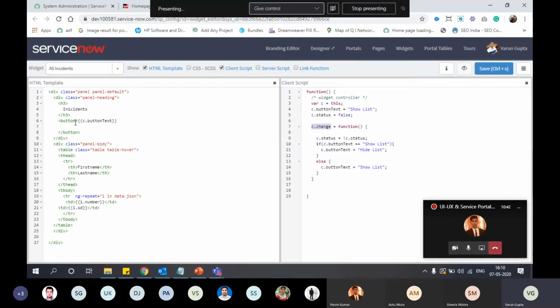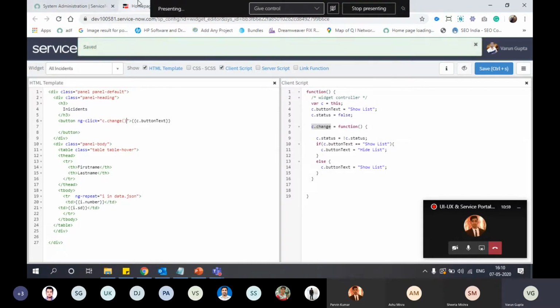We will use this in the HTML template as ng-click, the change function. Save and check what will happen.